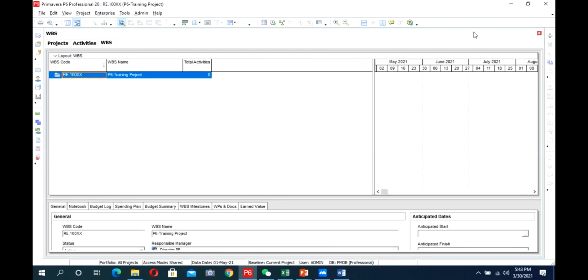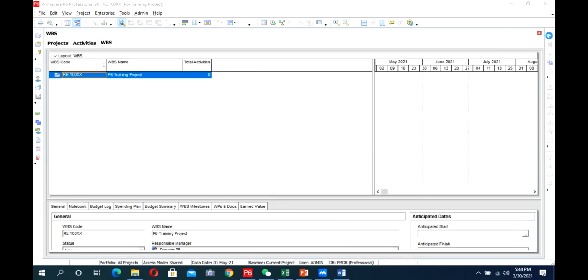In WBS, I will just explain some things. From this bar we can add a WBS. This is the command bar, and we have discussed this. This is the activity bar, and this is the directory bar. From this command bar, this tab is to add the WBS, and this is to delete it. And one major one is this navigation bar, these arrows up, down, left, right. From this we will create our WBS.